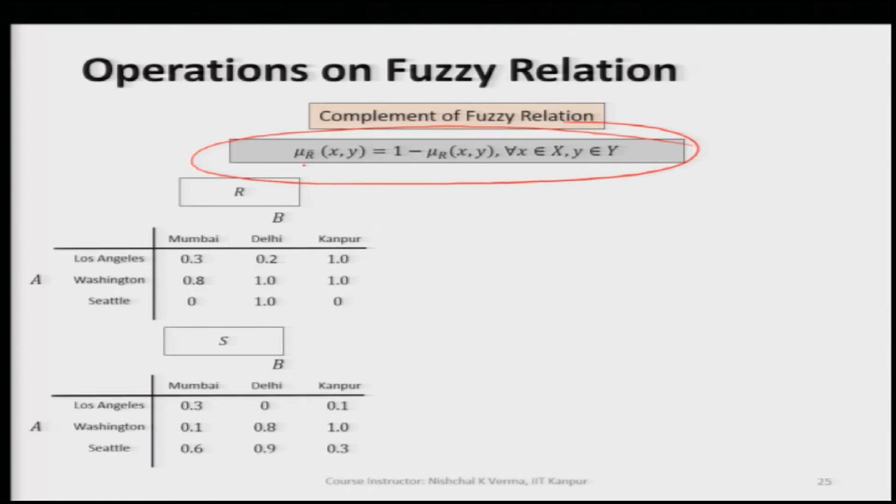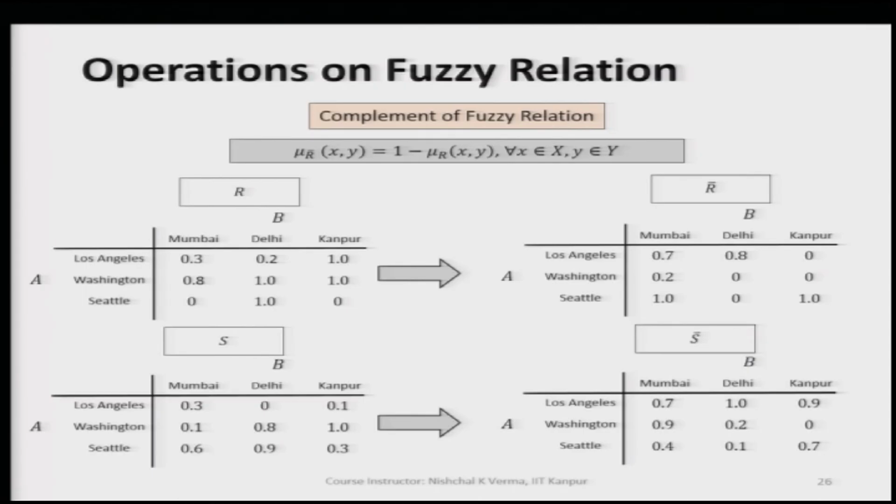And then when it comes to complement of fuzzy relation, then we apply this criteria. We simply subtract the corresponding membership values from 1, which is again the basic complement, and if you wish you can apply the other complements that I have already taught in the previous lectures. So, if you want to get the complement of fuzzy relation set R, you can quickly write the fuzzy relation R set here, and then how to get this R bar is just subtract all the corresponding elements here.